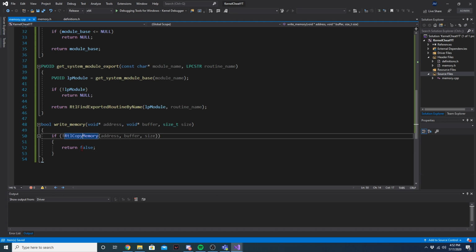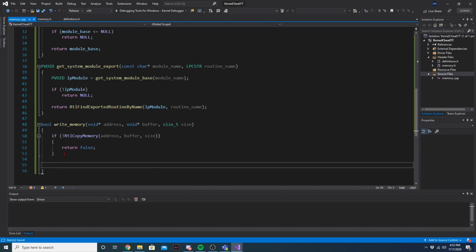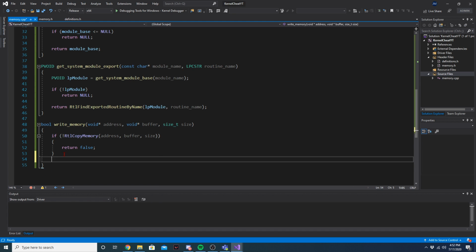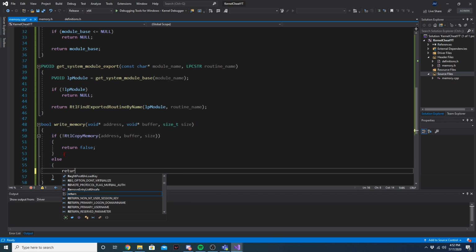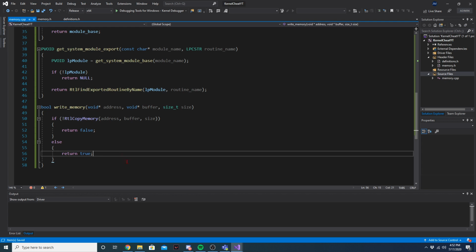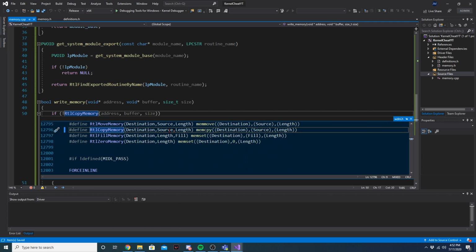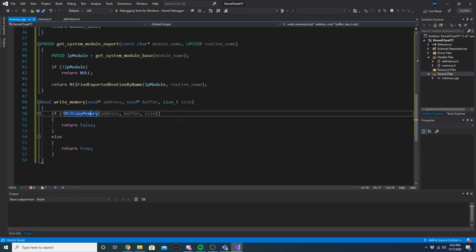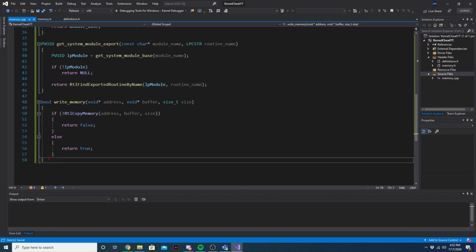So basically if that failed, we were returning false, otherwise we want to return true because it worked. So there you go. If you look at this definition, it's just memcpy. So you can put memcpy there, it doesn't really matter. Anyway,